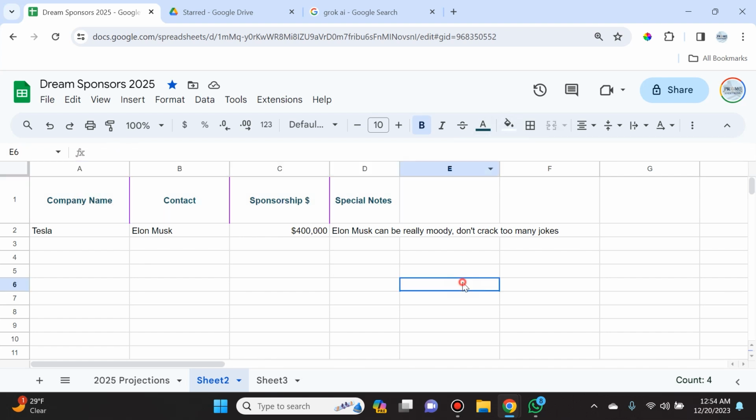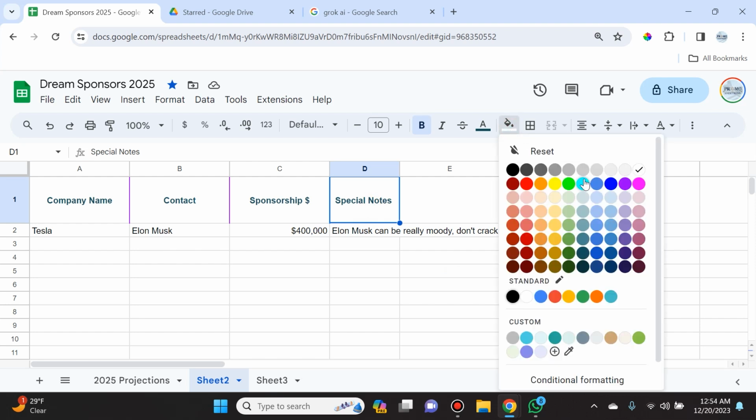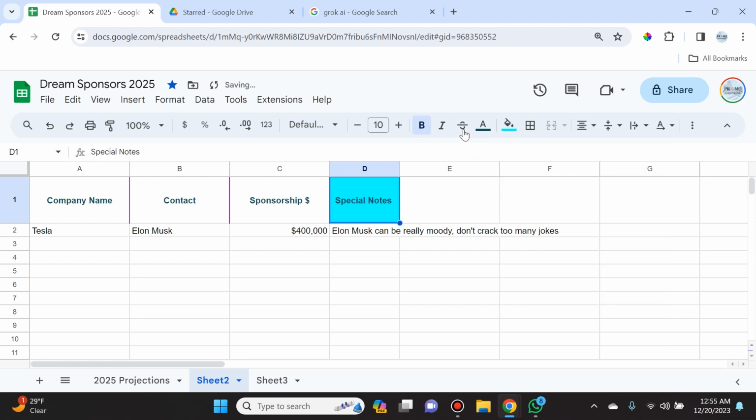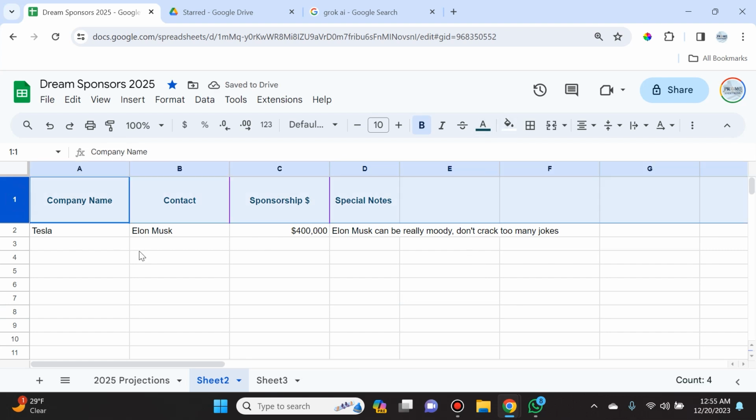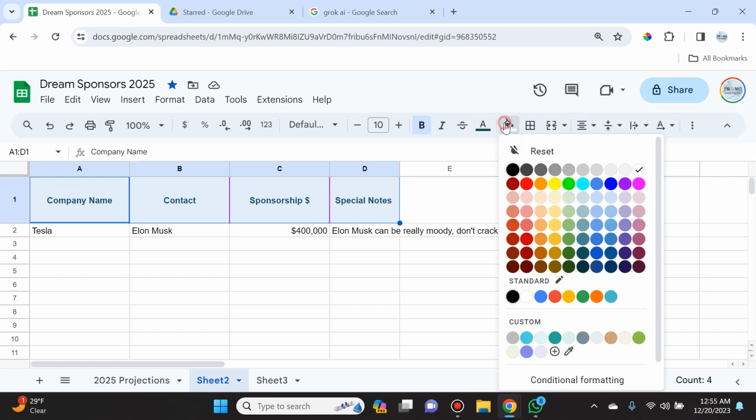So if I select this, I want to show you what happens with just one cell. For instance, I could select it like that. I can make the text white and you'll see that it really makes it stand out. So you can play with that aspect of it. The other cool thing is if you go ahead and select these 4 cells and then we click on fill